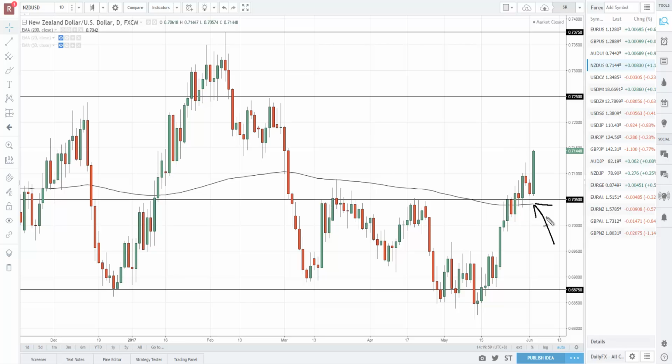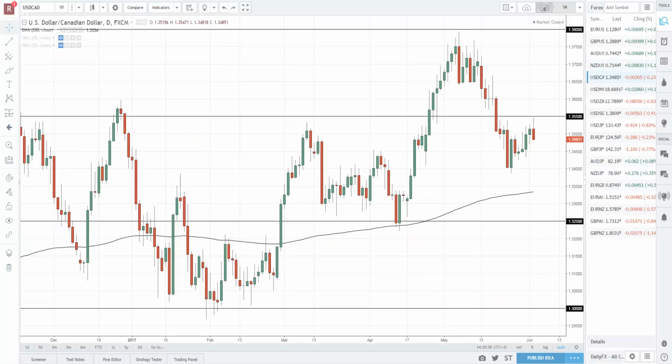So for the New Zealand dollar, we have this strong close. I would expect price to actually come back and retest these highs over here at the 725 level for the New Zealand dollar. Moving on, the dollar Canadian: you can see price is above the 200 MA, basically broke up,